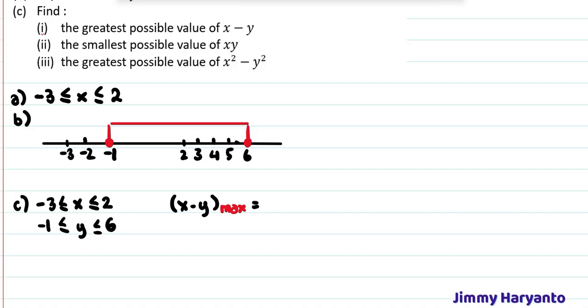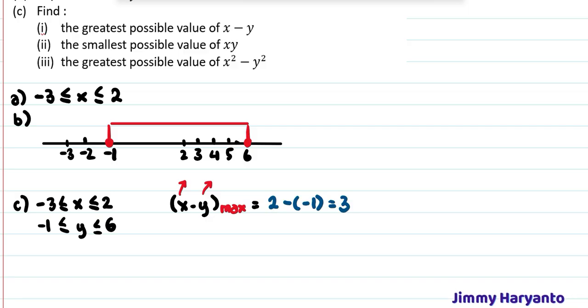When you subtract, you have to get the maximum value. This one will be a little bit difficult because you have to use guess and check, or maybe you can use your logical thinking to find the maximum. To get the maximum, I think x has to be the largest one, and y has to be the smallest one, even in negative numbers. The x has to be the greatest, the y has to be the smallest, and then you will have the maximum value. So the answer is 2 for the greatest x, and for the smallest y it is -1. It means the final answer is 3.